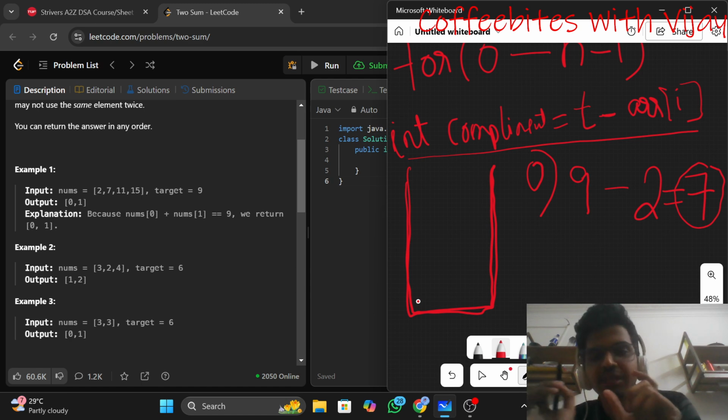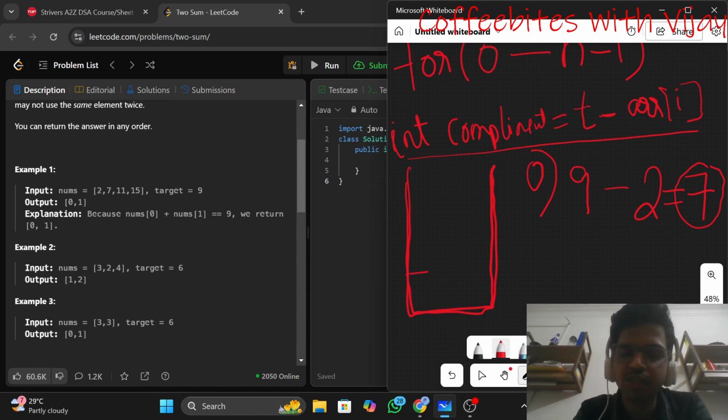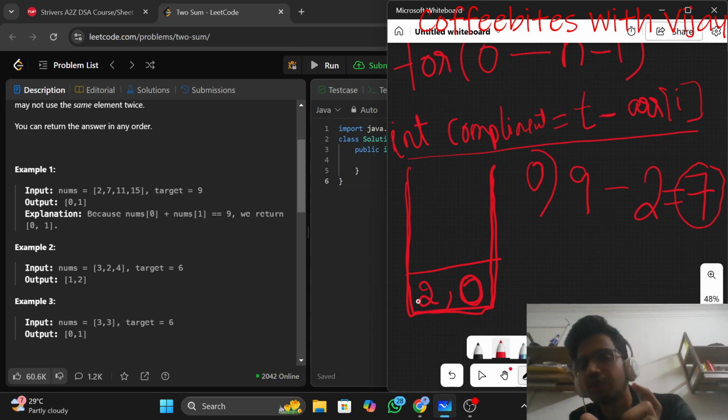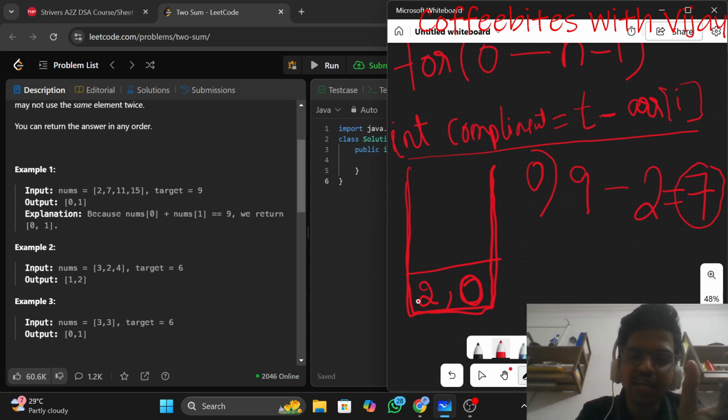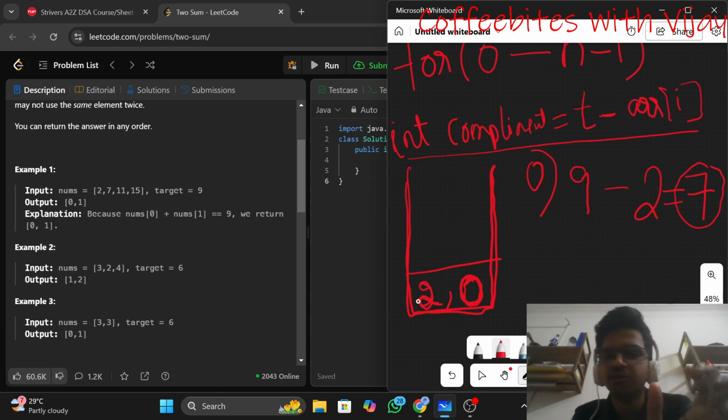No, initially the hash map is empty. So I will store the key, that is 2, and by using the method map.put I will store the index of this 2 along with the key 2 inside the hash map.